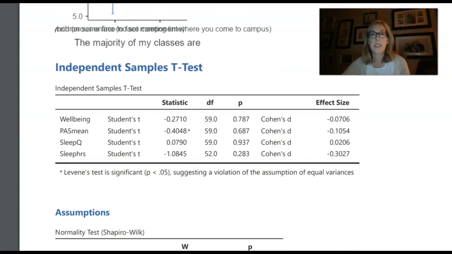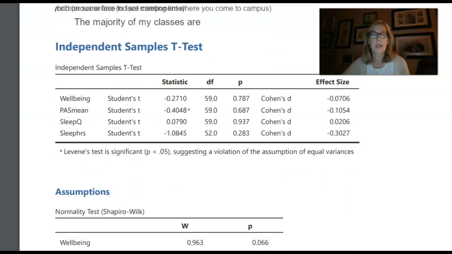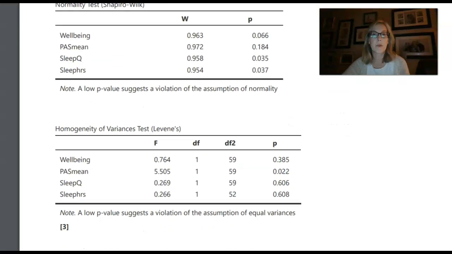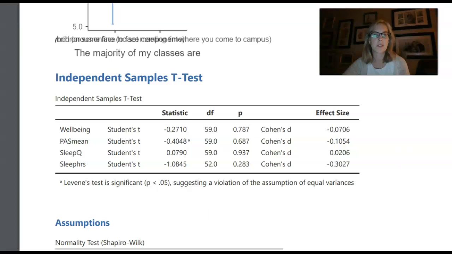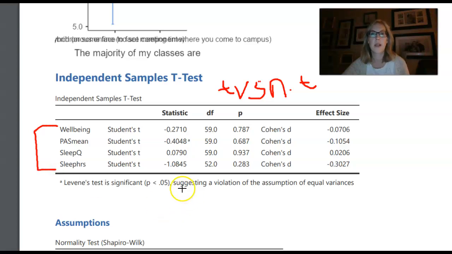The next set of t-tests is comparing traditional and non-traditional students. So again, this one is traditional versus non-traditional. Did you start college right out of high school, or did you wait and you're kind of coming back? So again, if you're interested in comparing traditional and non-traditional students, you're just going to pick one of these